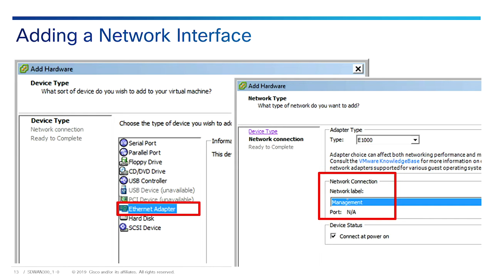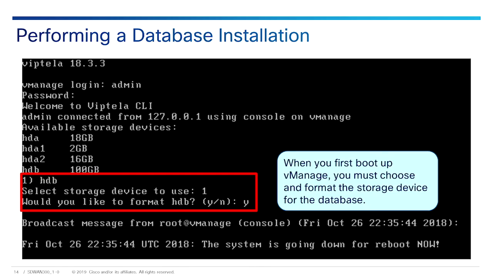Just so you know, this is the wiring up of the VM and must be done correctly to have connectivity. Remember, we need to make sure both of these connectivity options are available. Otherwise, we won't be able to bring up the environment. Okay? At the first boot, you're going to have to choose which of the 2 available storage devices to use